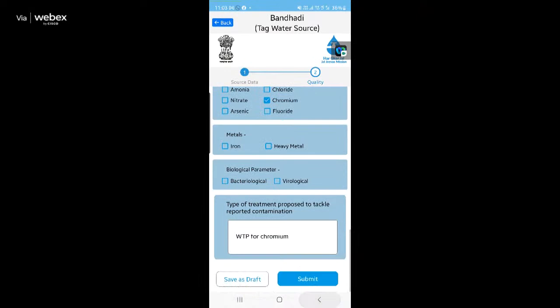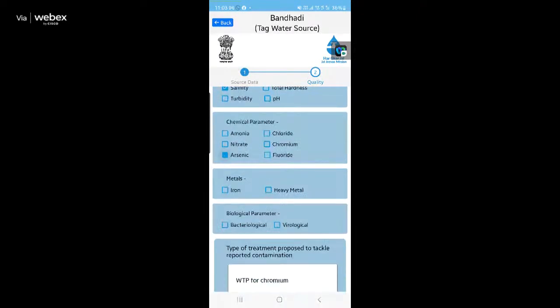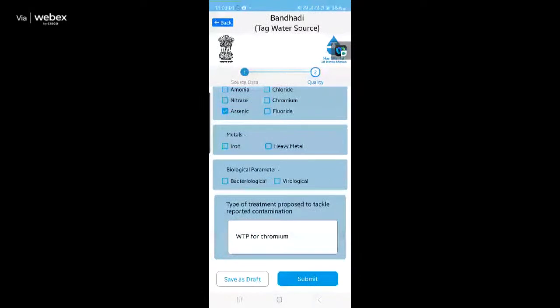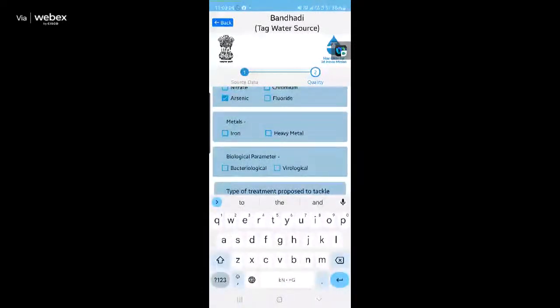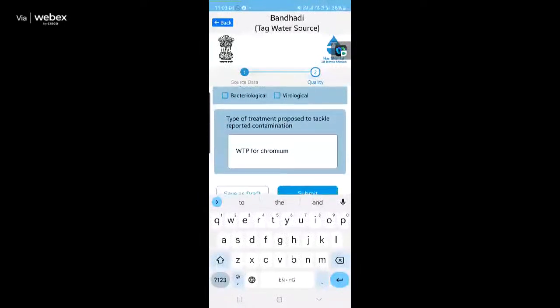Let's use arsenic instead of chromium. Choose arsenic. So WTP for arsenic. So that contaminant must be tackled, so that we just input it here. And suppose WTP is already installed, then in that case,